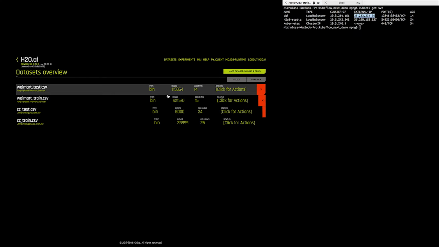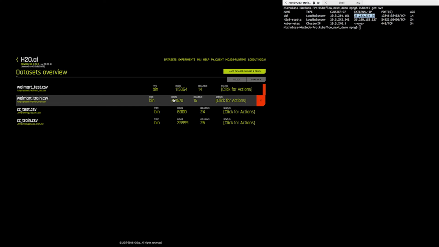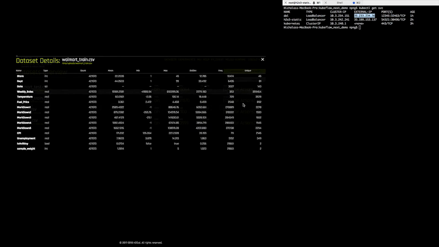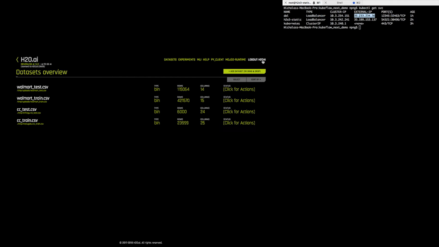So what I have here is a time series data set. This is a Walmart data set from Kaggle. Basically, it's predicting the weekly sales of a Walmart store over a series of time. The first thing that Driverless AI does is it gives you a couple of options straight from the dataset tab. First, you can describe it. What this is doing is giving you some statistical inference. It's telling you what type of values they are, how many values there are, and if there are any missing, mean, min, max, just some very basic statistics. A lot of you would see something fairly similar if you went to pandas and did pandas.describe.